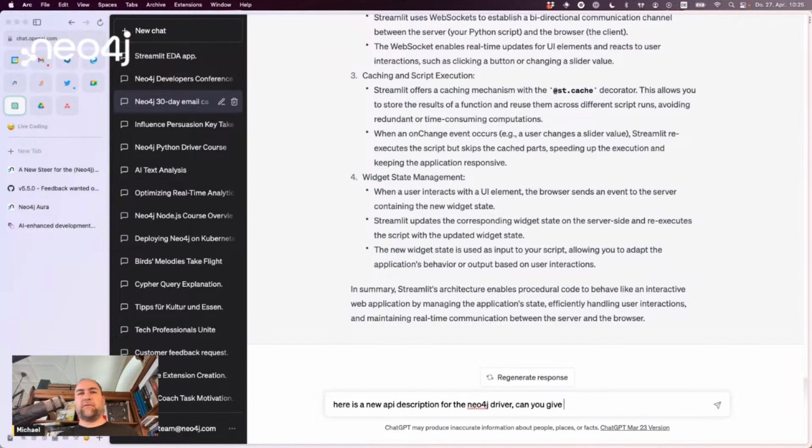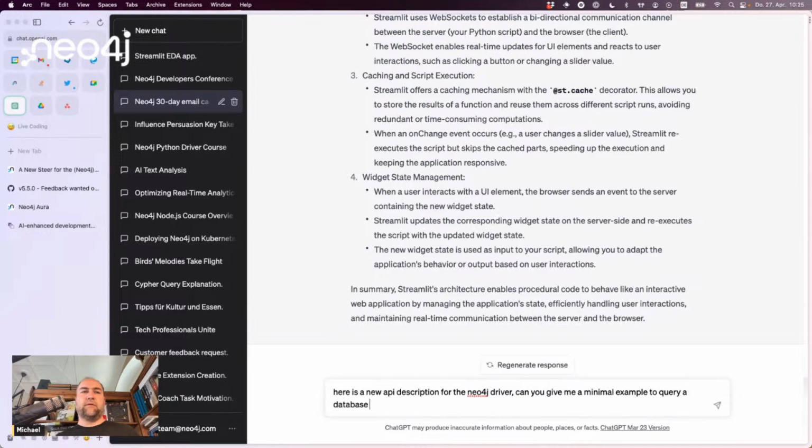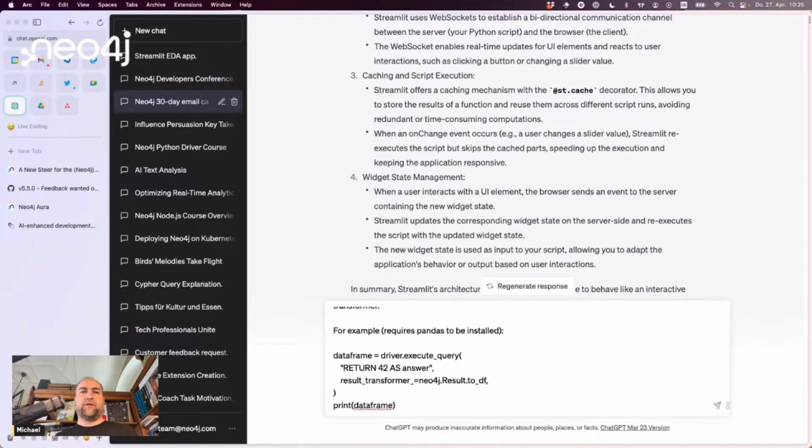Can you give me a minimal example to query a database for the number of nodes per label? So we just paste it in, and then